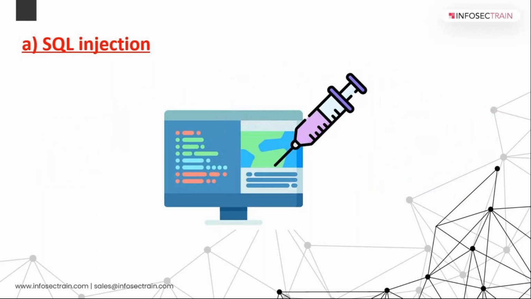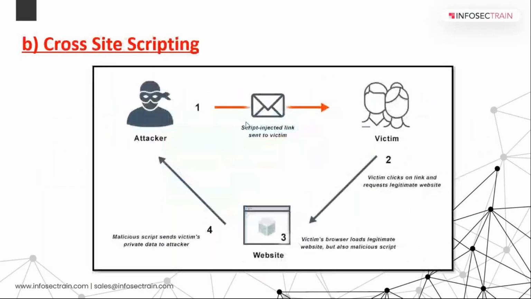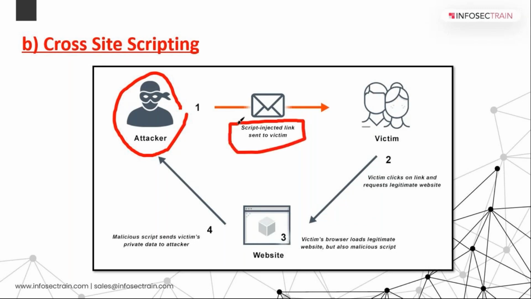Okay, then we have something called cross-site scripting. In cross-site scripting, you can see in this diagram, this is the attacker. The attacker sends script-infected links to a victim, the particular person who is going to be compromised. The victim clicks on the link and